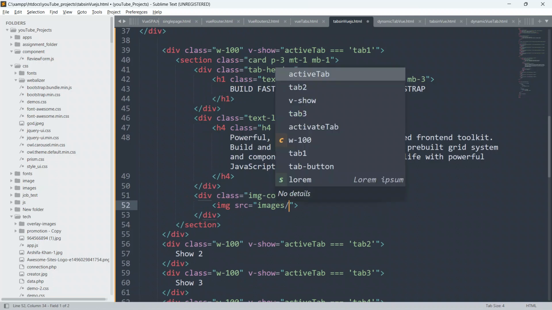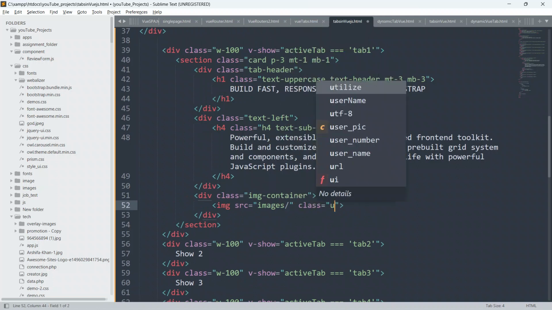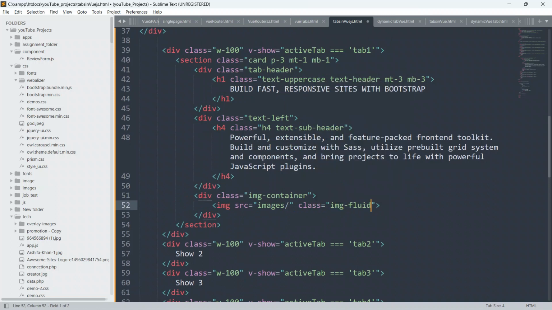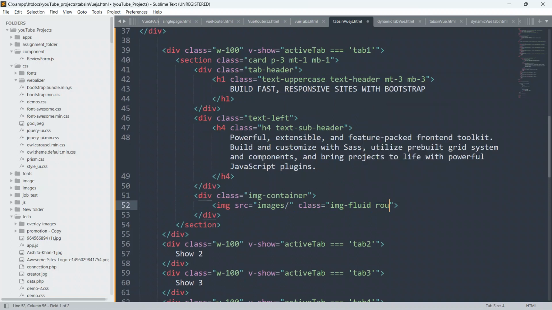Close it with the forward slash and give the class img-fluid. Guys, these are all predefined classes; I'm not using a single custom class. I will also give rounded, just for the border radius.